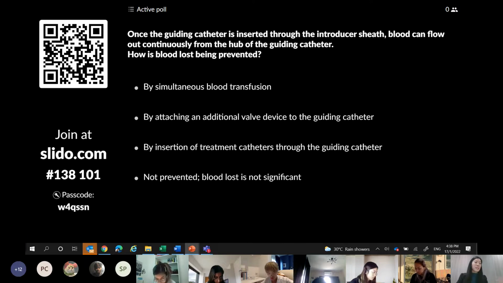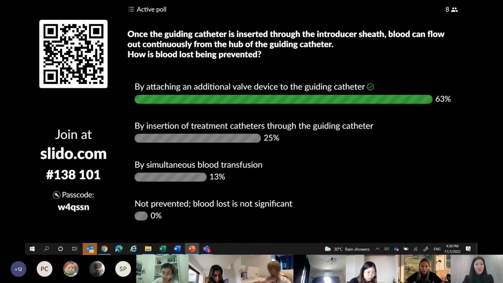So I didn't give you an answer, but you can make a guess. Which one of the options here do you think actually prevents the blood loss when a guiding catheter is inserted? Okay, so most of us